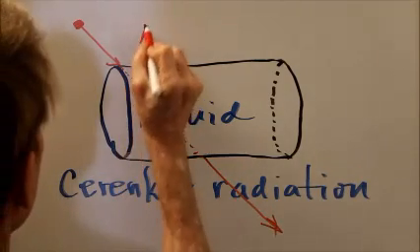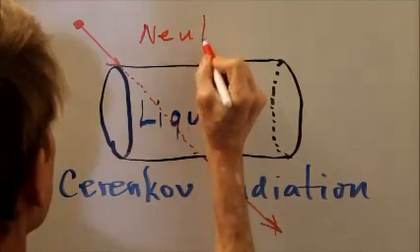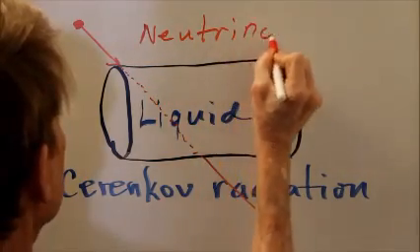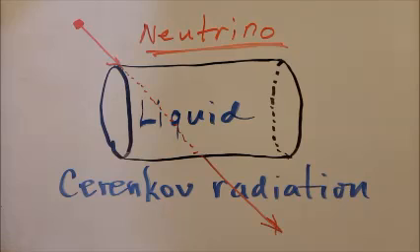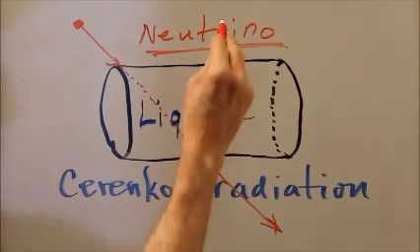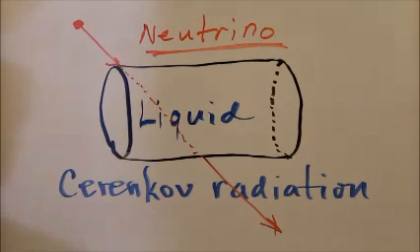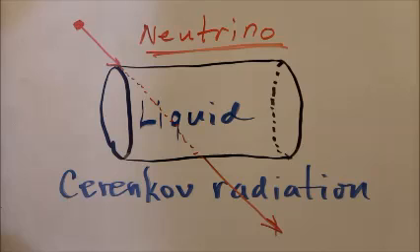A good example is a particle called a neutrino, which is important to physicists and astronomers in doing various kinds of research as to the evolution of stars and galaxies and our entire universe. But these neutrinos are very difficult to detect because they almost always pass through a medium without having any effect